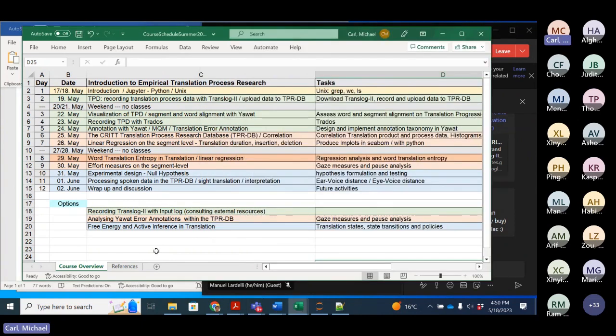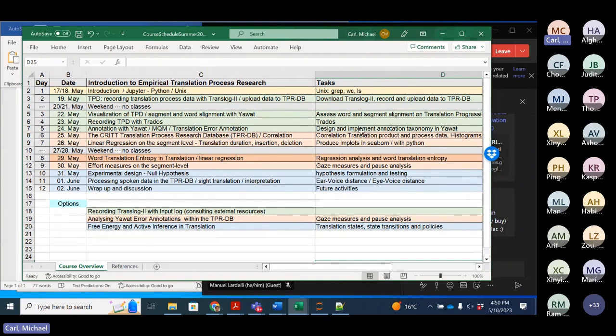Okay, so then this red part here, the idea is that we look into this TPR-DB. The green part talks about how we acquire data, and this red part, how we can access and analyze the data.